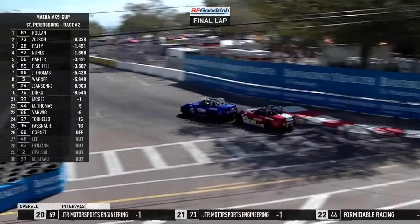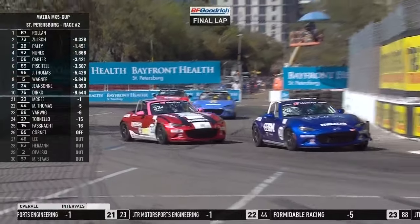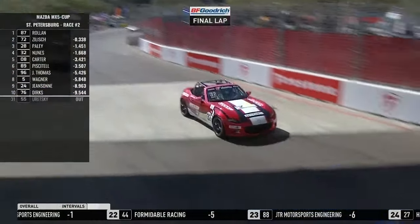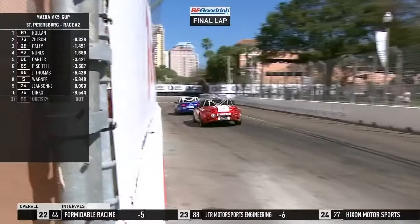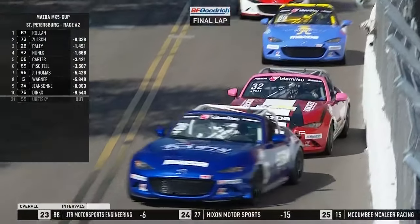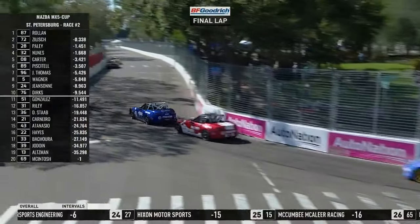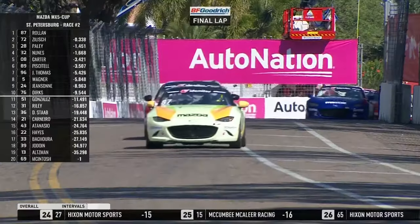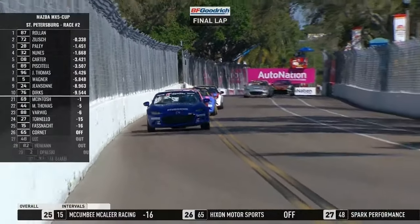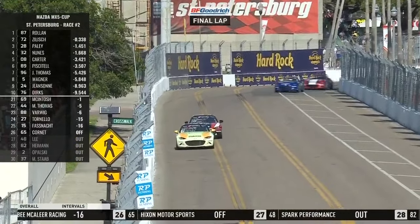Defensive driving at turn 4 by the blue number 28 of Sam Paley. Big sideways slide by Nunes. He's almost lost in Tokyo drift through 5 and still hangs on to the back bumper of the blue car ahead. But that's a real invitation from Justin Piscatel. He saw that sideways moment. He can see a podium finish here, 2 cars ahead of him, but if he can pass them in the last half a lap, there's a podium finish